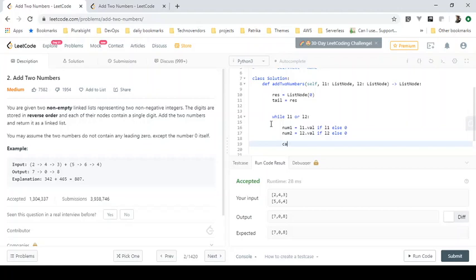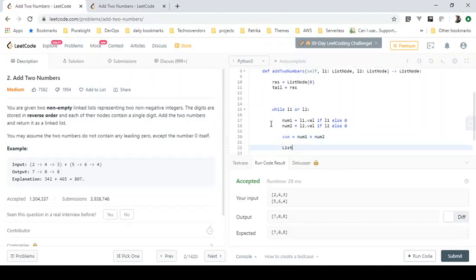Now let's create a temporary node which will hold the sum. So sum will be num1 plus num2. Then a ListNode with the sum value, and we'll assign it to tail.next.